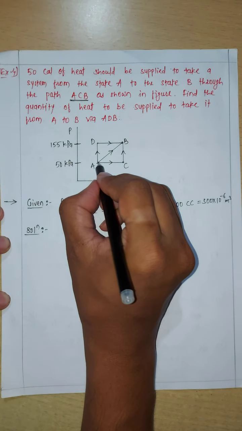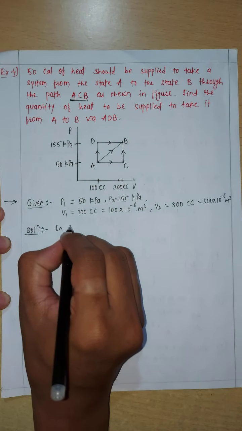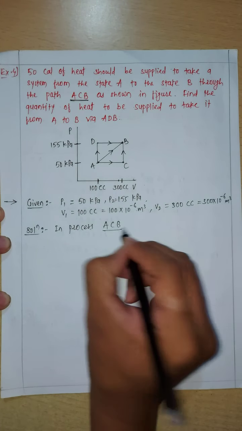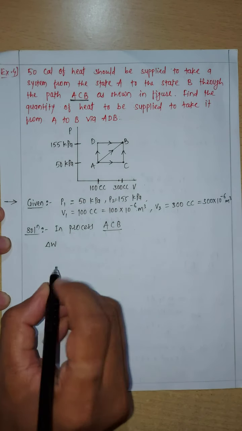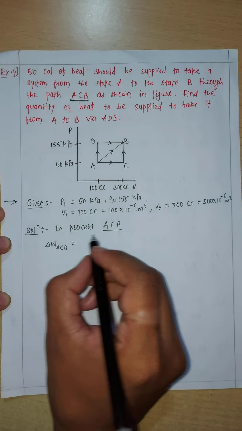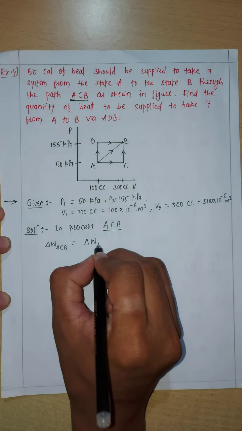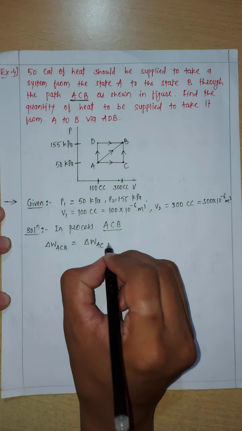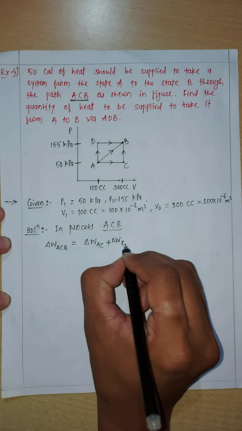First of all, we will take that particular process when the heat goes from ACB, this part. So in process ACB here, what is the amount of work done? So this is delta W ACB. For this particular process, the amount of work done is given by the amount of work to get from A to C plus the amount of work done from C to